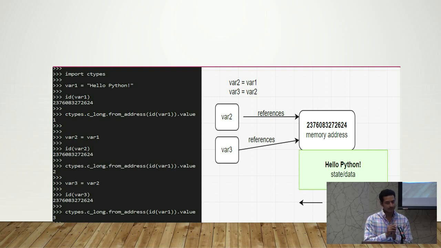So I imported ctypes, an inbuilt module in Python. Before that, after I assigned var1 equal to hello Python, I checked which memory location var1 is referencing. I found that number,